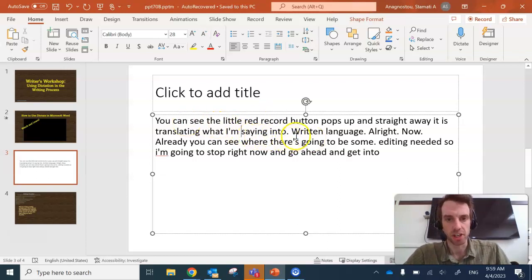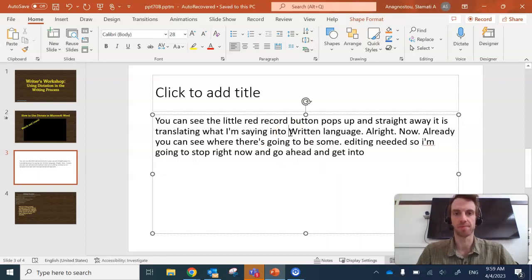The first thing I'm going to change is right after into. I'm going to delete this period because what I want to say is I'm saying into written language. All right. Don't need a capital there. Change that to a W. And now it is a complete sentence. All right. Now,